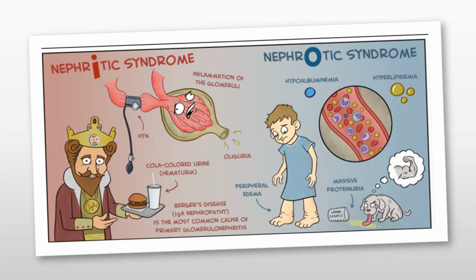Another disease that we should know about is Goodpasture syndrome, a condition in which antibodies are formed against the type 4 basement membrane collagen, which is also known as Goodpasture's antigen. Because of this antigen, which is present in the basement membrane, antibodies are formed which attack it. They normally tend to attack the basement membrane in the glomeruli and in the lungs, causing hematuria and hemoptysis.